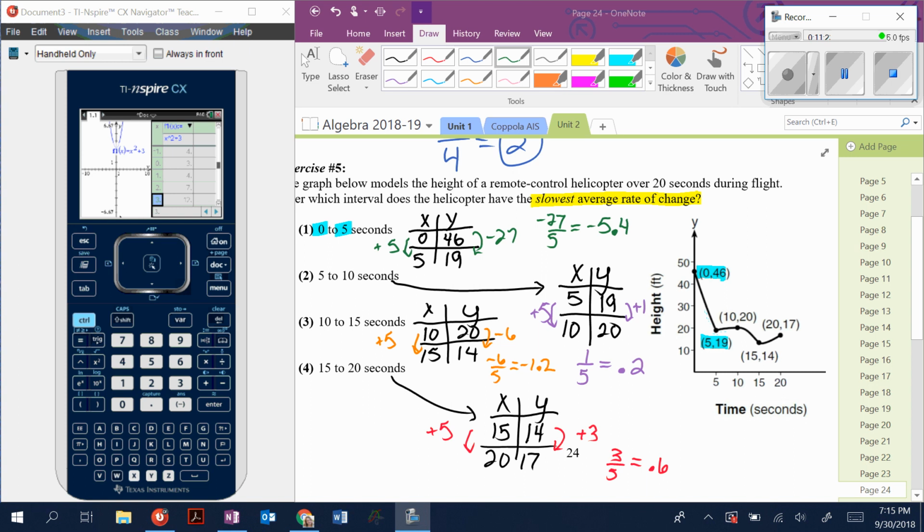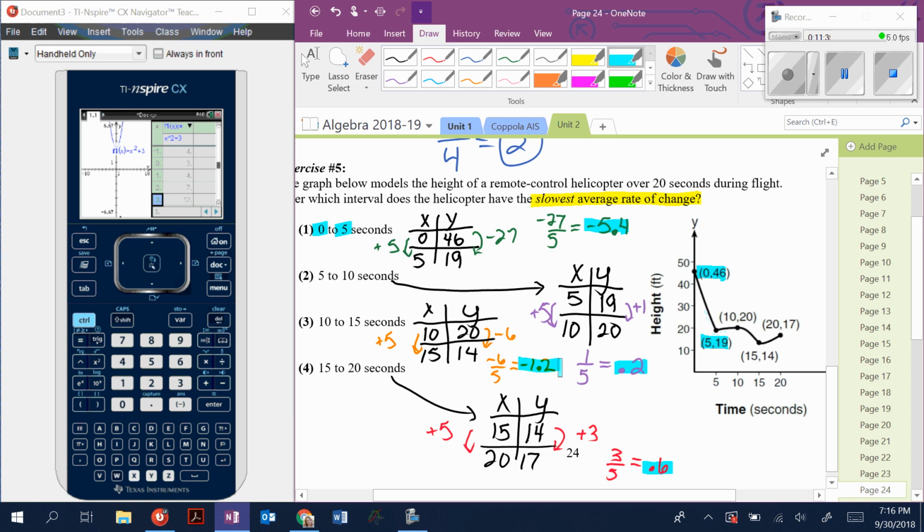We are looking for the slowest average rate of change. Sorry that I just had to pause the video. I can't remember what I said because I just had to answer a call, but okay. So we're looking at this. We have now found all of the